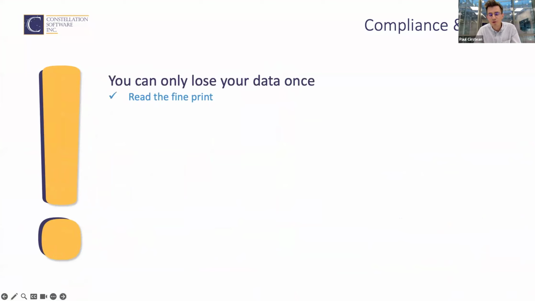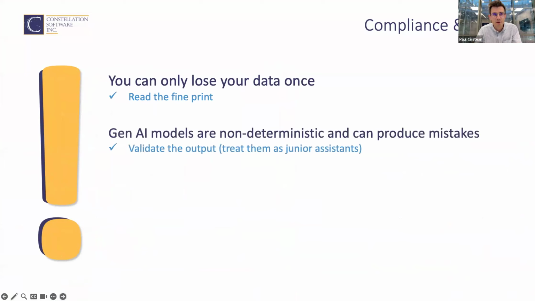First, you can only lose your data once, so please make sure that you read the fine print whenever you're choosing a generative AI tool. Secondly, these models are non-deterministic by nature, and they can produce mistakes, as Scott also showed earlier. So really think of these systems as a junior assistant